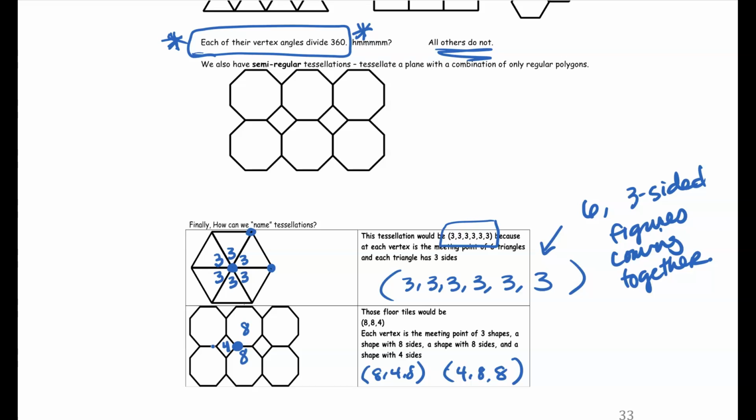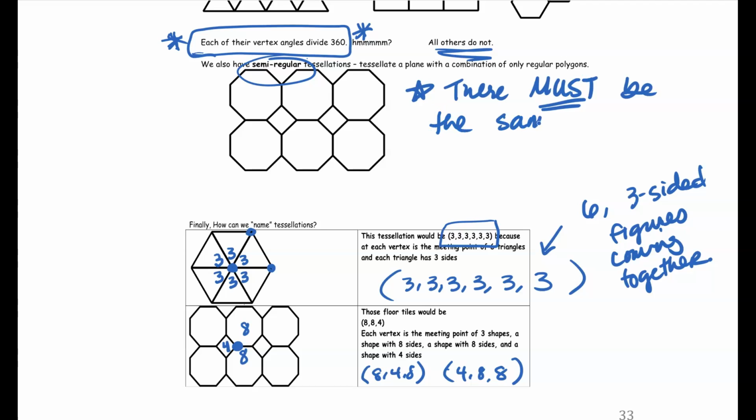Now we're going to swing back here and talk about semi-regular tessellations. So a semi-regular tessellation is a combination of regular polygons where, and this is important, I didn't put this on the notes, so make sure to write this in, there must be the same arrangement